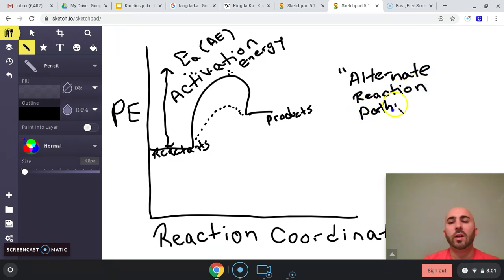And so when you look at an alternate reaction pathway, what I'm saying is normally you need this much energy. That's a lot of energy to get over the top for this reaction to happen. But if you go from here only to the top where the catalyst is located, well, then I could label that, and in fact I will, as activation energy